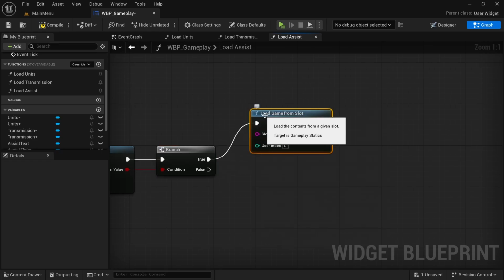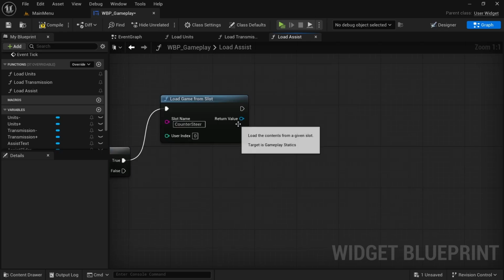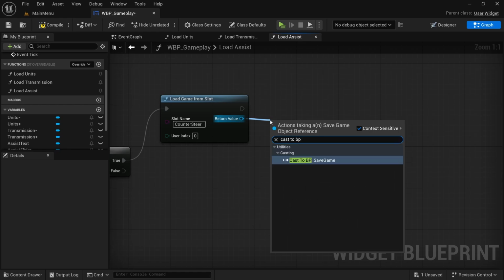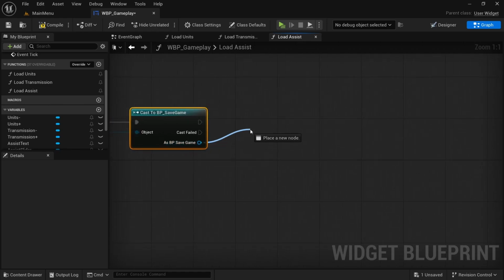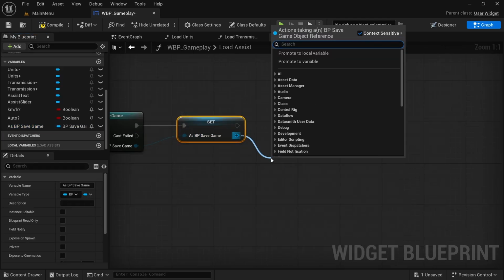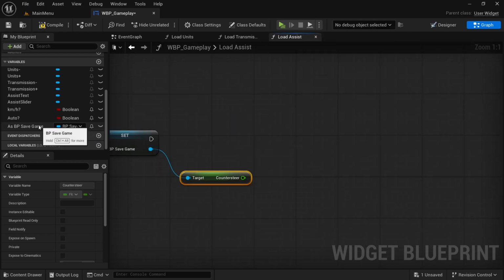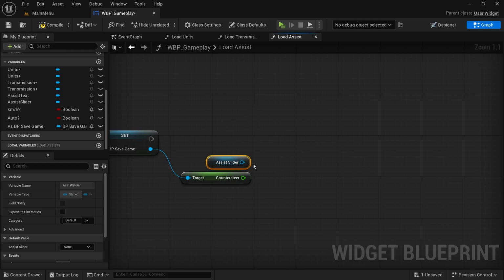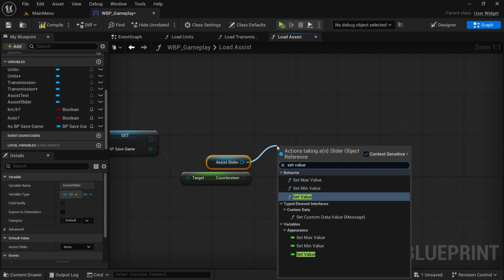game from slot. The slot is counters tier. From the return value, drag off and cast to BP save game. The as BP save game, drag off, promote to variable, and then from the set, drag off and then get counters tier, and then we're going to drag in the assist slider, control, drag it in, drag off, and then set value,